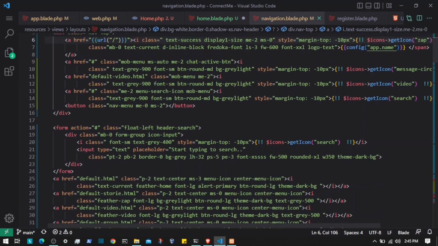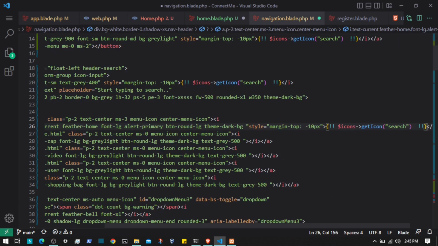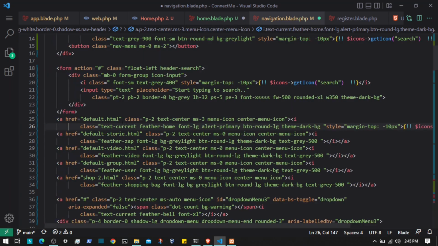So after this we have icons. We did this one, and I'm going to copy everything from here so that it will be easy for us. So we have home icon. I'm going to place that here, and I'm going to write home. Then let's remove this one. So Pedro home, and then we have